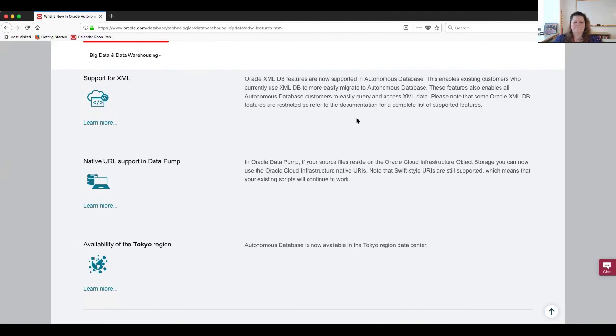And going down, we added support for XML types. By the way, with Autonomous Database, we lock you down, even in certain types of data types that you can create. So we locked you down on a table which had an XML type, meaning you could not create a table that had an XML type on the Autonomous Database before April. So now you can. We enabled it. Still, there are a couple of things you cannot create. You cannot create a table with text, spatial and multimedia data types. So we still have them locked down, but we are slowly going to enable them back. So this is a good thing. XML is now enabled,